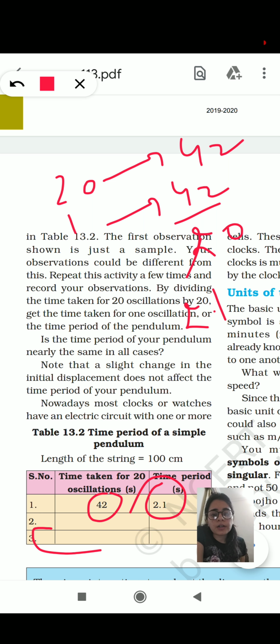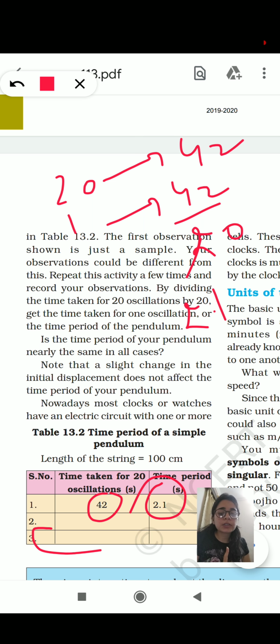Then we have studied how to measure time using clocks. Nowadays we use digital clocks and wall clocks. Earlier we used to measure using pendulum clocks. Pendulum clocks follow the principle of oscillatory motion, that is periodic motion, to and fro. And what is mean position? The stable position is called mean position, and the extreme position, or maximum point to which the bob can move, is called extreme positions.